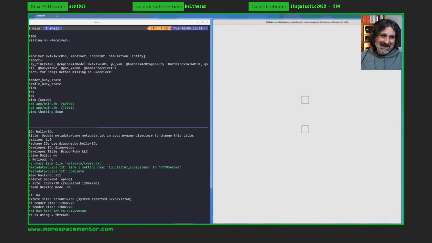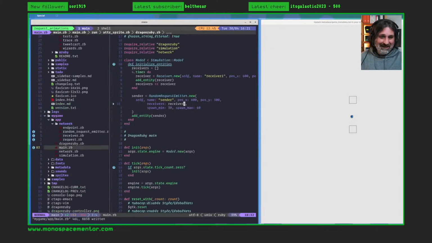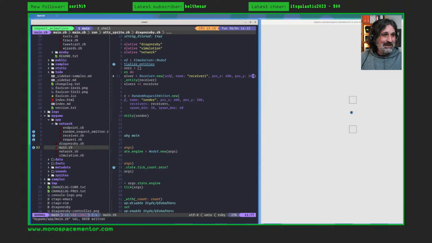Of course, they are now all at the same position. We do have 4 receivers, I would assume, but you can't see them. Because we need to stagger the X position, I guess. Wait, that's going to be